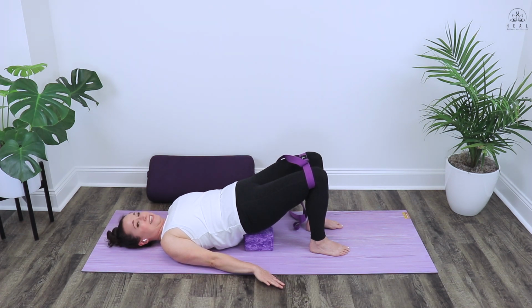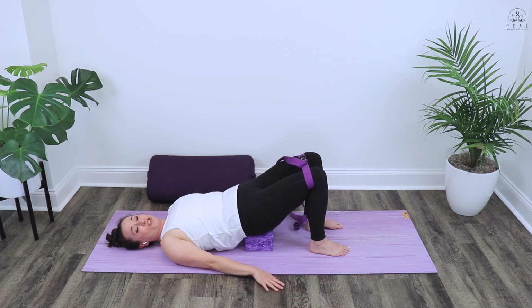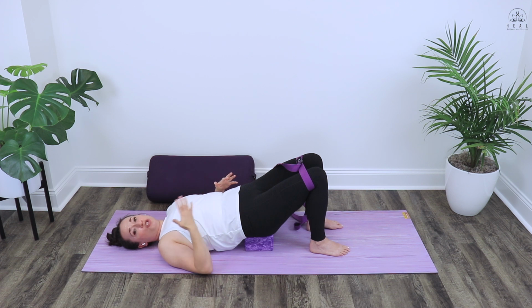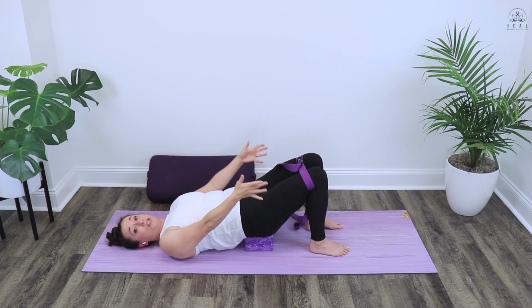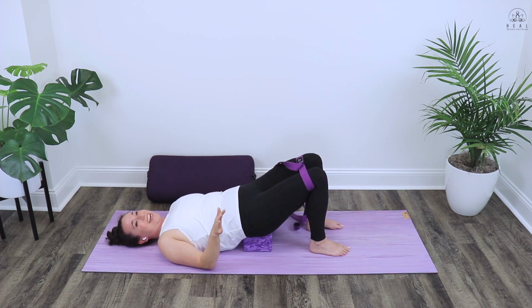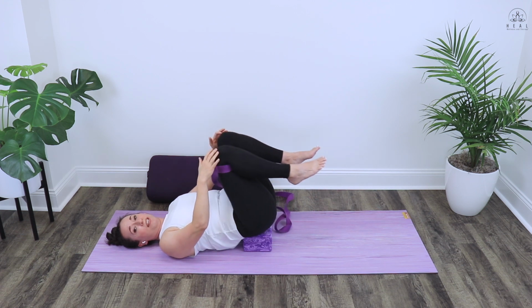Take one deep inhale. And then as you exhale, slowly lower back down onto the yoga mat. Now just let the knees relax for a second. The strap's not going to go anywhere. But I want us to take a nice slow stretch of that area before we repeat it again. So stay on your block unless you don't feel comfortable staying on your block, and just gently bring your knees